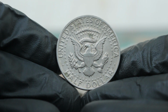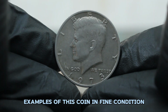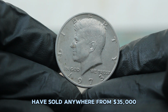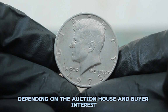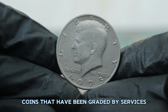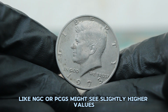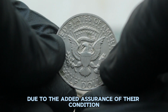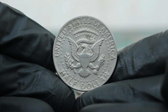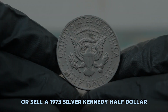characteristics. For instance, at recent auctions, examples of this coin in fine condition have sold for $35,000 or more, depending on the auction house and buyer interest. Coins that have been graded by services like NGC or PCGS might see slightly higher values due to the added assurance of their condition. If you're looking to invest in or sell a 1973 silver Kennedy half-dollar, here are a